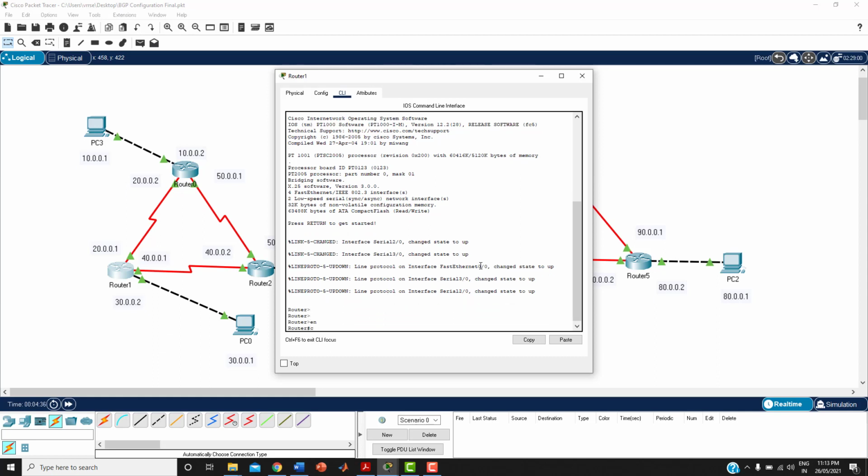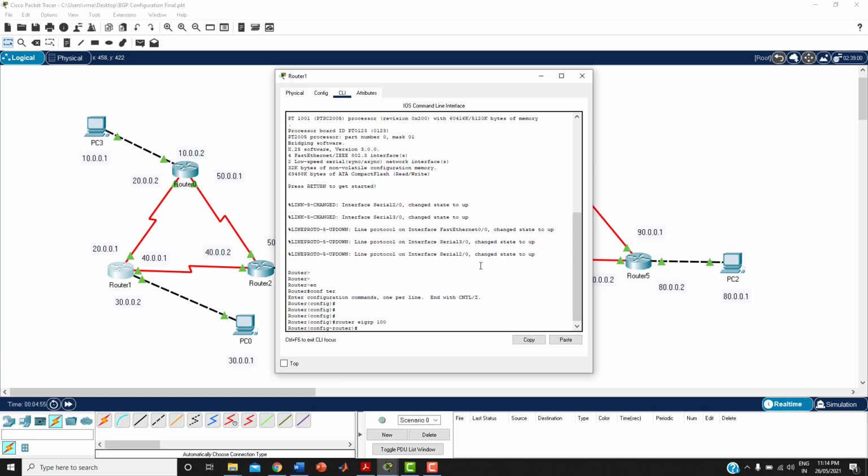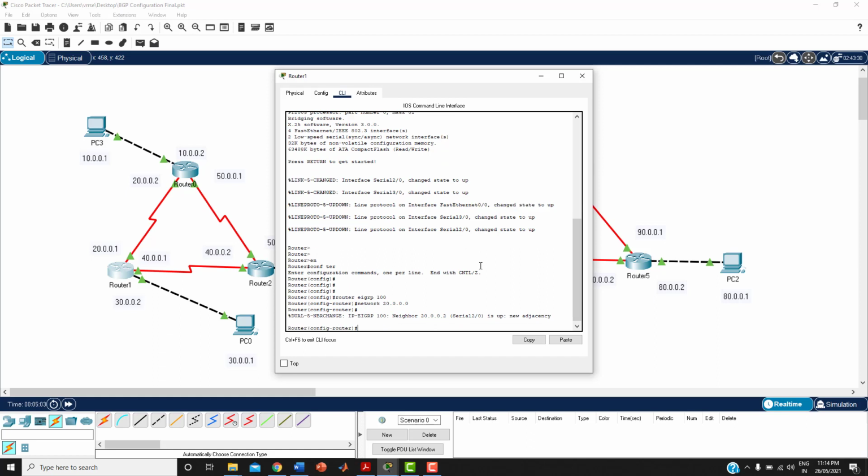Enable, config terminal, router EIGRP, autonomous system number 100. Network 20.0.0.0 is directly connected, so they have already started communicating with the neighbors.